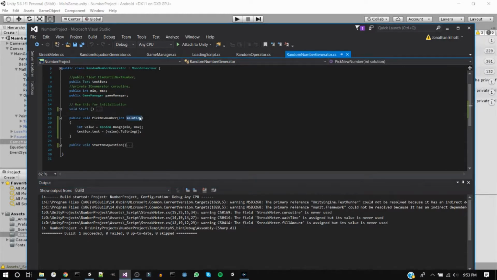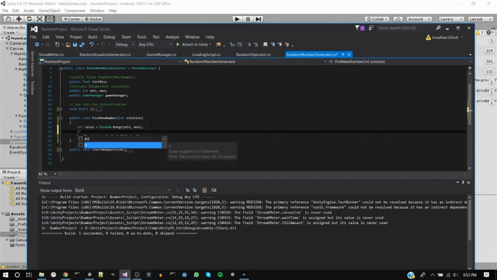So we'll pass the solution into this function. Now that it can be made aware of the solution, what we can do, if value is equal to solution,